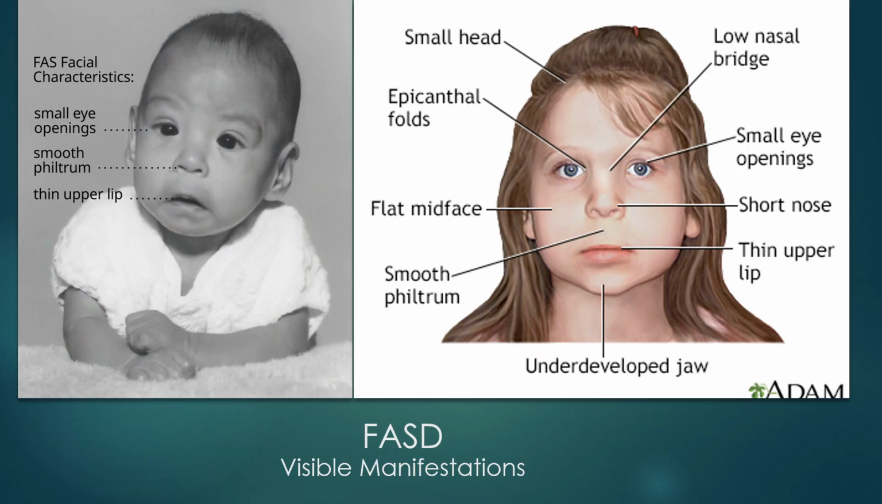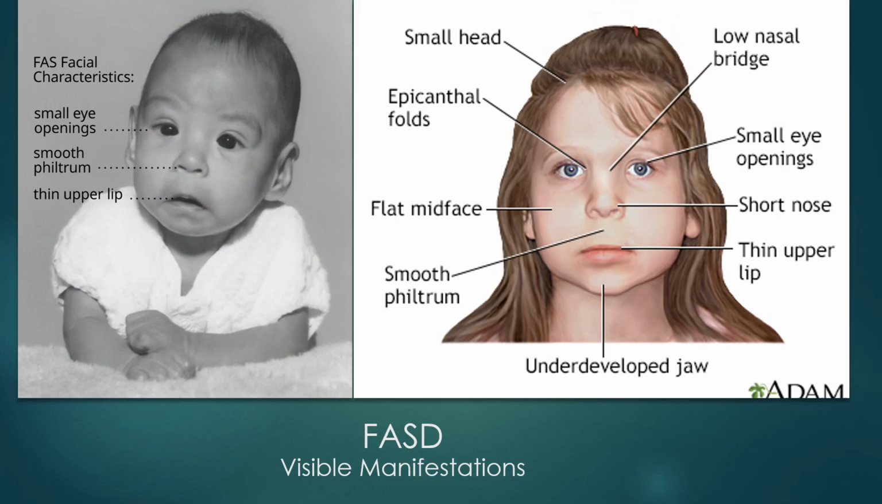Here are a few pictures to visualize what the physical manifestations of FASD look like in a baby and a growing child. So these kids have microcephaly, with their heads being less than 10th percentile. Hypoplastic midface, which includes having small eye openings, narrow set eyes, underdeveloped jaw, short noses, joint and limb defects, altered